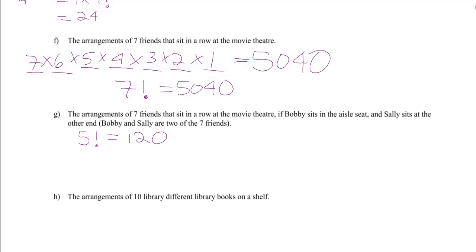You can say, I have 7 objects to arrange. Bobby's got to be first. How many Bobbies are there? Likely 1. We're assuming nobody else. How many Sallys are there? I have 7 objects to arrange. I've accounted for 2 of them. How many are left to go here? And then